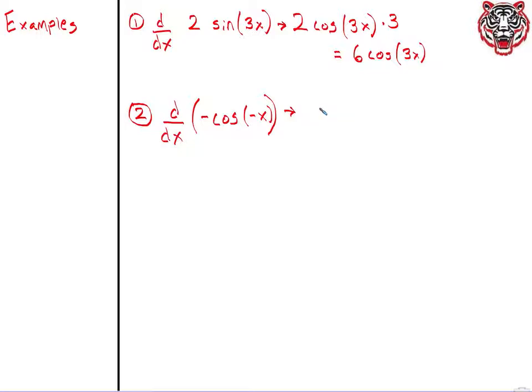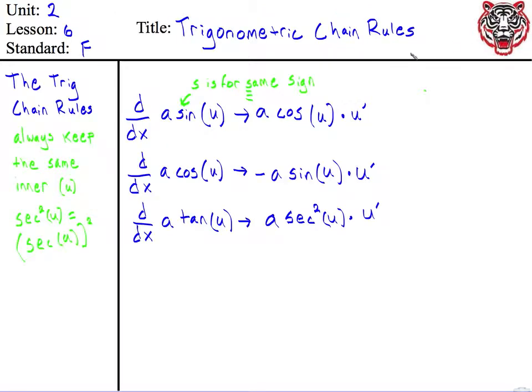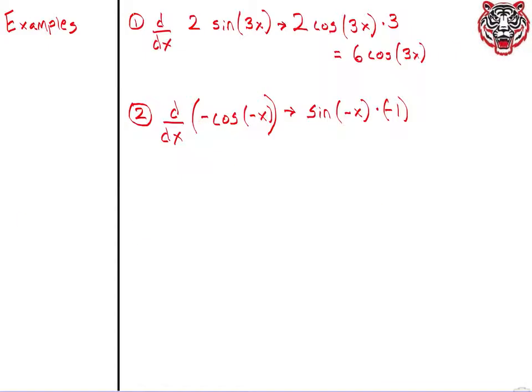Wouldn't it be positive? Positive sine. Positive sine, times minus x. Sine of negative x, I mean of negative x. Okay, times negative 1. Okay, so I need to point out what happened to make sure we all understand and make sure the people watching the video understand. We had a negative cosine, but we know that a derivative of a cosine is a negative sine, so the double negative came in to make it a positive sine. But because the inner was negative 1, dinner was negative 1, my final answer becomes